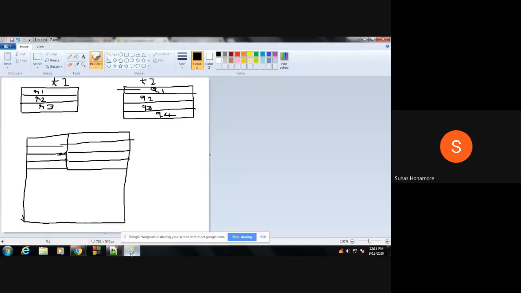Just see how we get it. Consider we have one table T1 with three rows, R1, R2, R3. Then we have one more table T2 with four rows, Q1, Q2, Q3, Q4. I'm not worried about columns now, how many columns there are, just how many rows. So T1 has 3 rows and T2 has 4 rows.